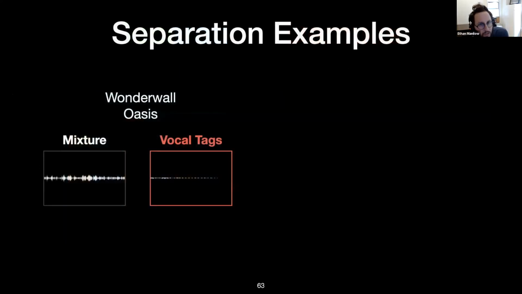This is all good and well, but let's listen to some output from TagBox. This first example is this popular Oasis song. Here I've asked TagBox to separate vocals by setting the vocals tags. TagBox can be finicky sometimes, but it seems to do best on really sparse examples, like just a mix of a guitar and a singer. Anyway, here's Wonderwall.